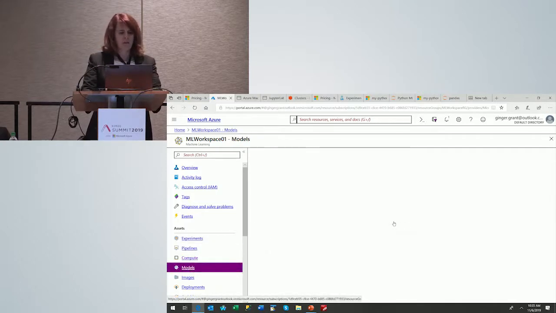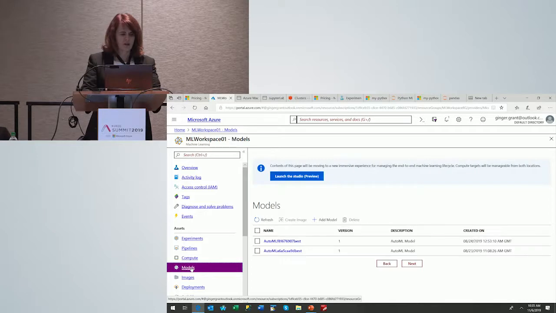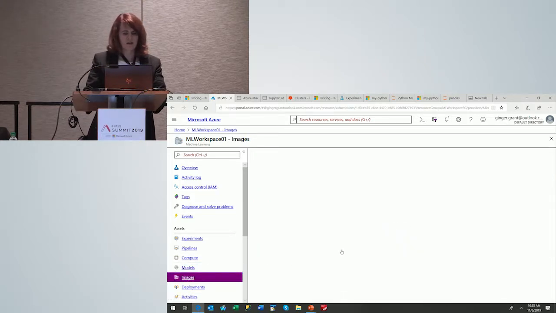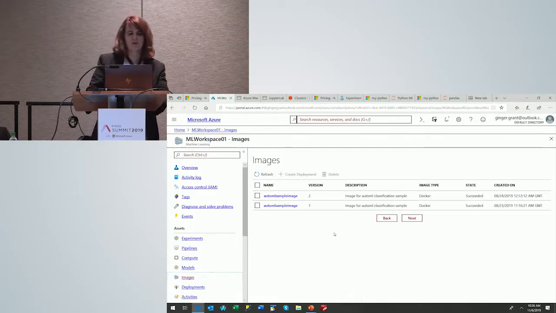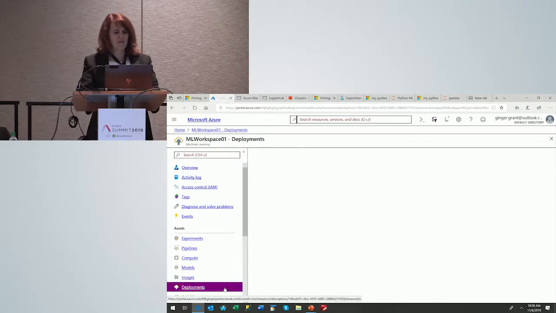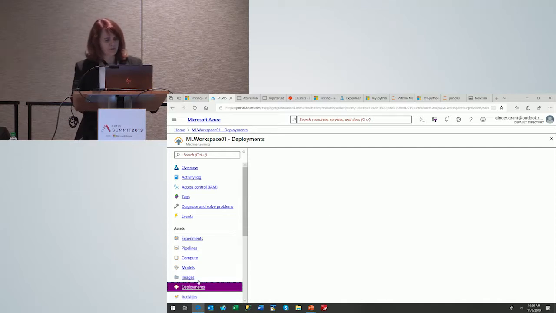I have a couple of models that I have created that are stored within here as well. And these models are ones that have been deployed within Azure Machine Learning. I've got images, and these are the images of the different models that I have. So this way, let's say that someone provides a new update or changes a model, and things go badly. You can go back to the previous image. So you've got kind of a built-in ability to go back. I have different deployment options available here as well.